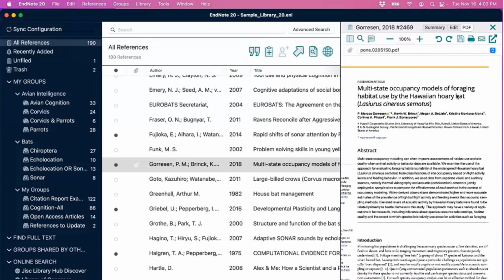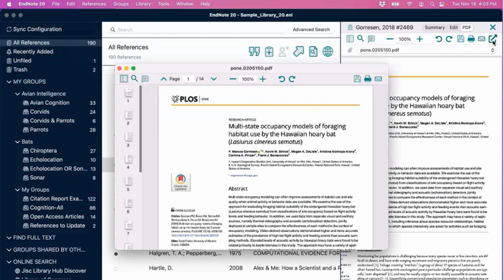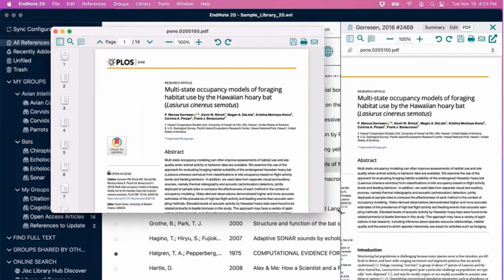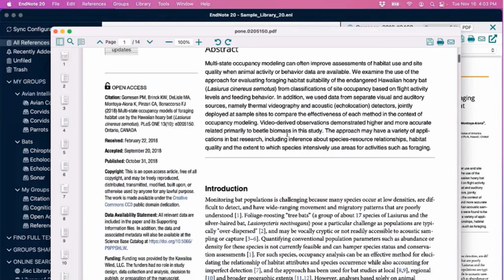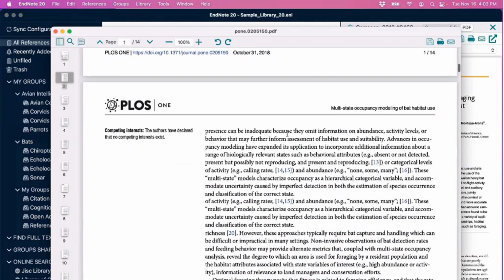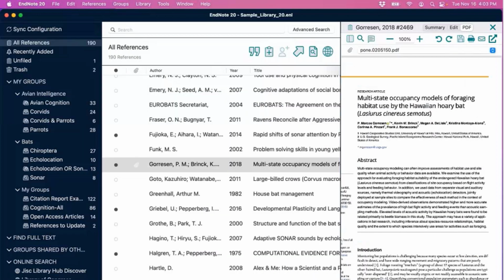If this was a little bit too small, perhaps it gave you a good idea if that was an article you wanted to view. Right here, you could actually pop it out into the standalone PDF viewer by clicking this icon. This, too, is part of the EndNote application. We can resize this again to get better use of our screen real estate. We can scroll through the pages here and read the article. We're going to come back to this window in just a little bit to talk about the annotation capabilities, but I did just want to quickly give some context to that PDF preview panel here.